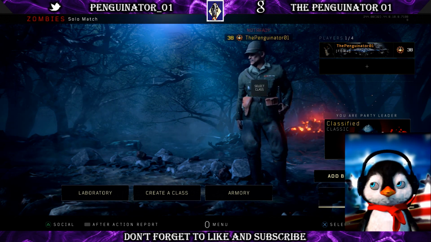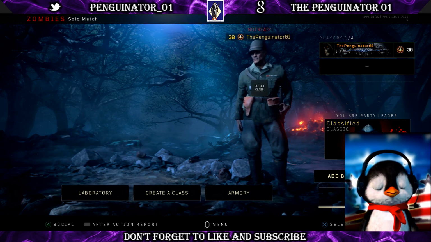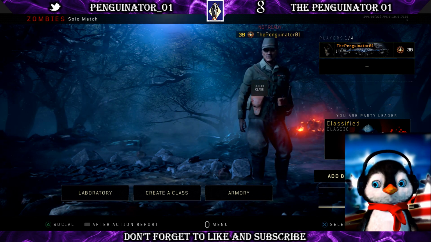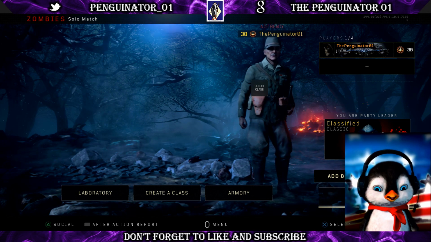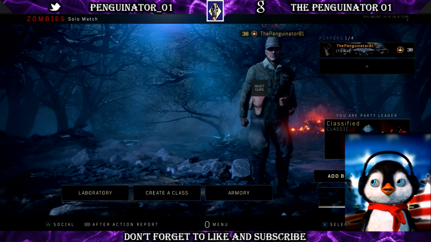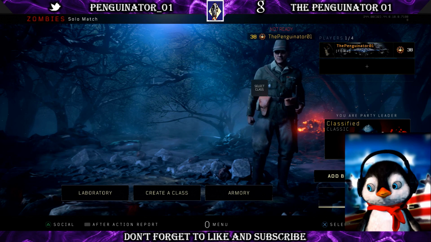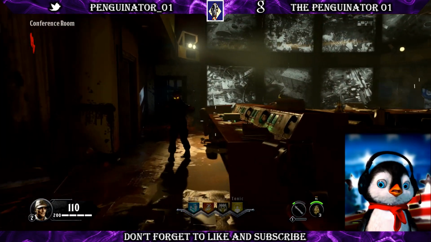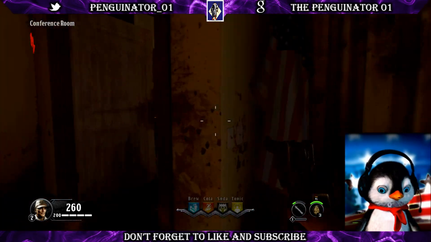It's your favorite penguin, the Penguinator, and today I am bringing you a tutorial on how to do the Classified achievement for the Easter egg on the zombie map Classified on Black Ops 4. So without further ado, let's go ahead and get into it, and hopefully we will be able to complete it without issue. Alright everybody, so what you're going to have to do is once you spawn in, you need to